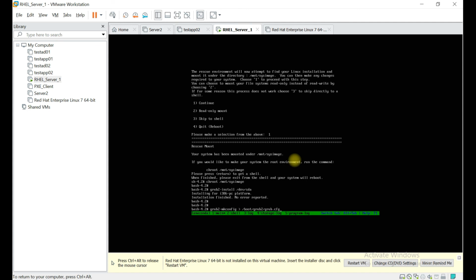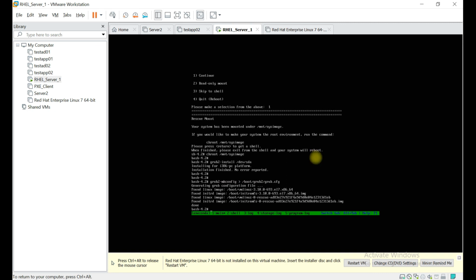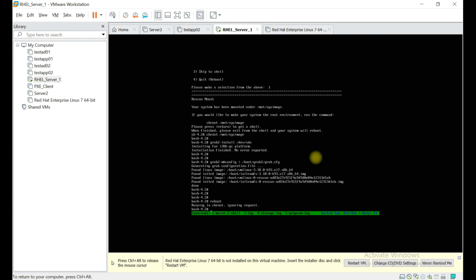Guys, this will be a little bit smaller for you, but I hope you are able to see it clearly. Okay, installation done. Now let's do one thing. Reboot the server and see whether you are able to boot through the proper grub or not.